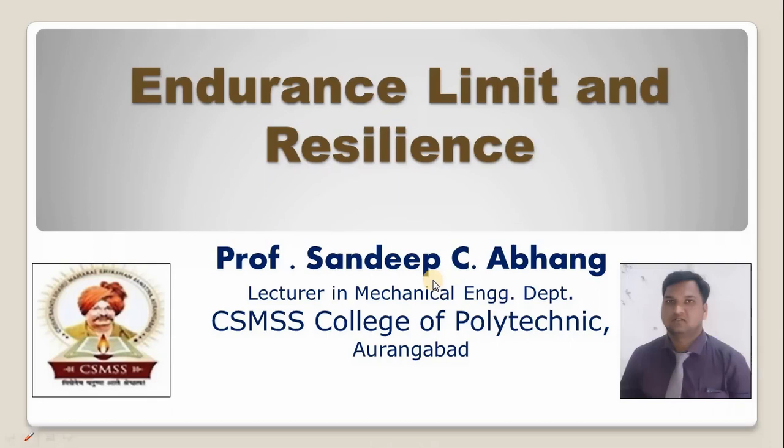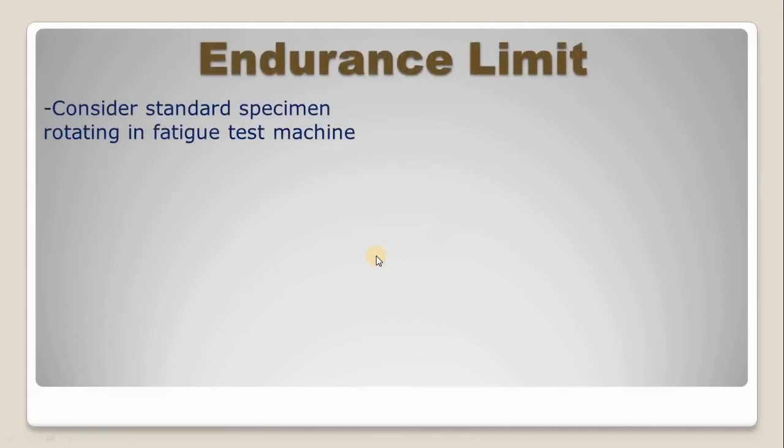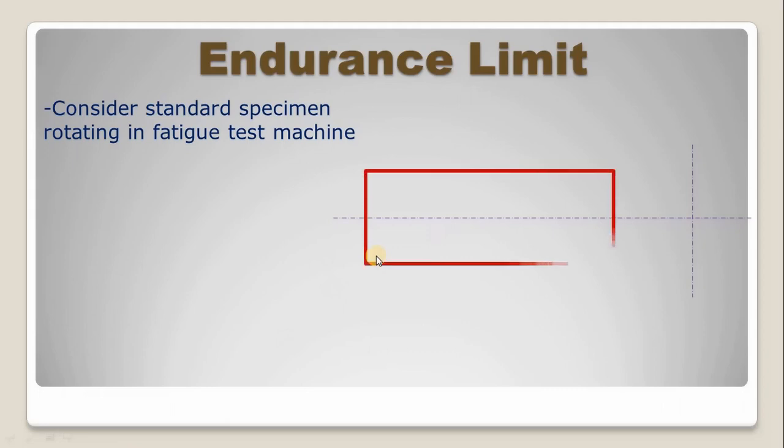Today we are going to learn endurance limit and resilience. So we are considering the standard specimen rotating in a fatigue test machine. For that we are drawing the standard specimen like this. The cross section of the standard specimen is like this, which has upper and lower fibers A and B, so